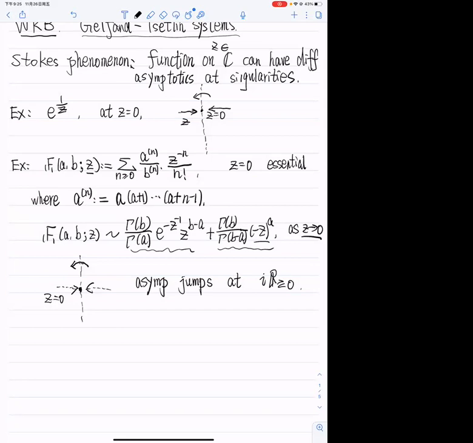Any questions on these two functions? Okay, if there is no question, so